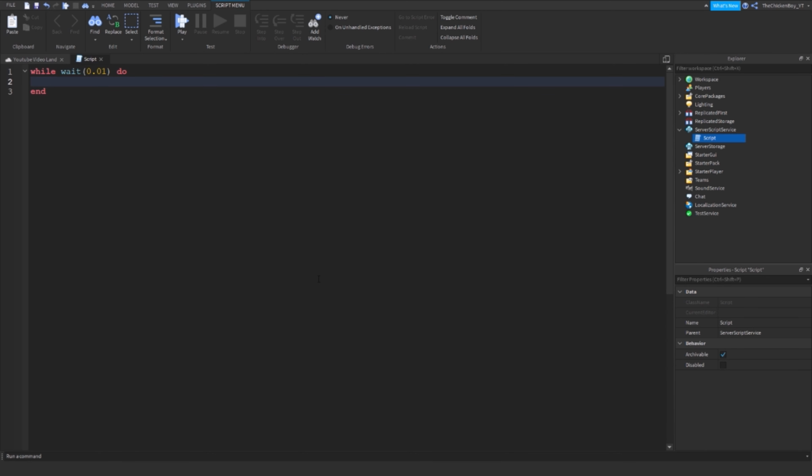Once you've typed out this line, drop a line. Then on the third line, an end should appear. If it doesn't, then make sure you type it out yourself. Then in the line in between, you need to do an indent. It should have already done one for you. And now you need to type